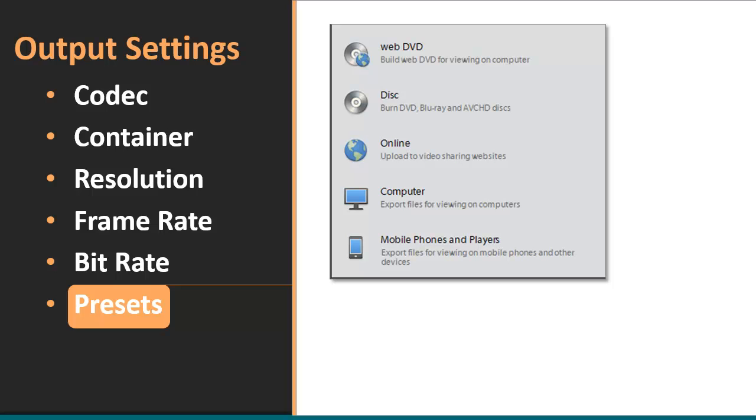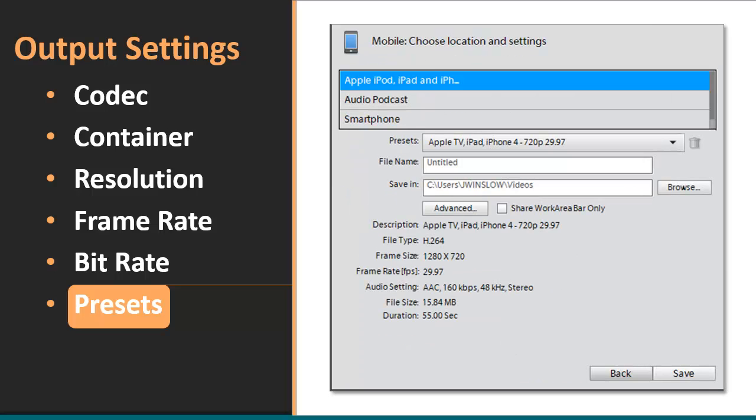It's very easy. You have to go into some of the system folders inside the Adobe Premiere Elements folder and change a couple files and delete a few others. It's not that hard. But more importantly, when you actually choose a preset, in this case it chose a mobile preset, you'll note that every preset has multiple options within it. In that pull-down menu there, the one that we've been using most of the course has been the Apple option for 720. And the only reason we chose that is because that's the one that's bundled with MP4 and H.264.